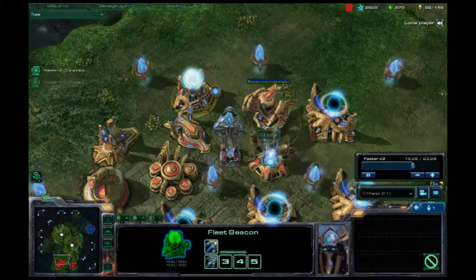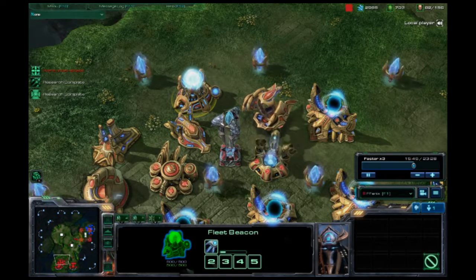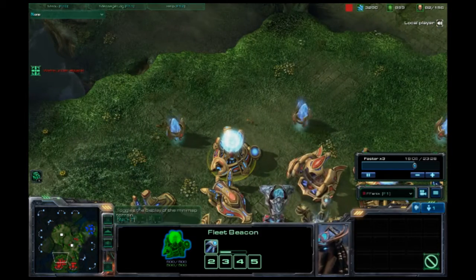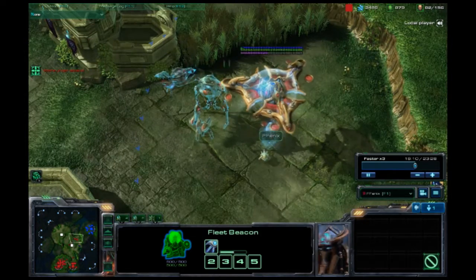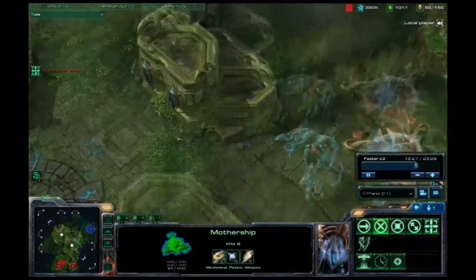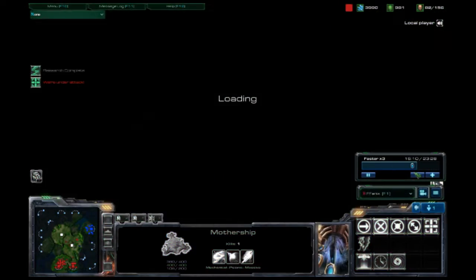There's the Fleet Beacon, which has an ability that makes your interceptors come out faster. And there's another one that is for the Void Rays. As you can see, I have most of the units here right now. There's a mothership, which you all like to see. I'll show you. There's a Warp Prism,